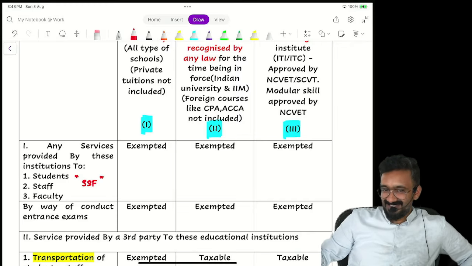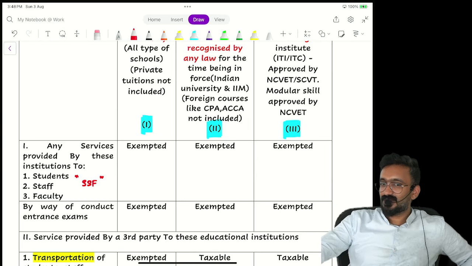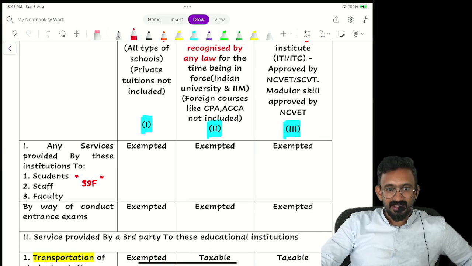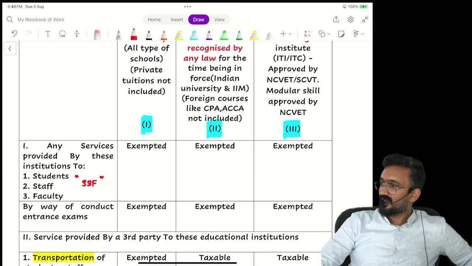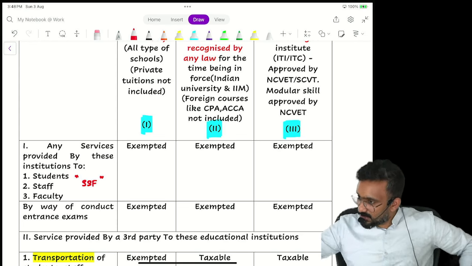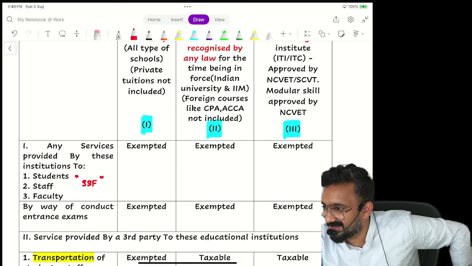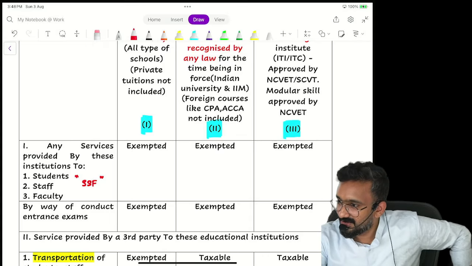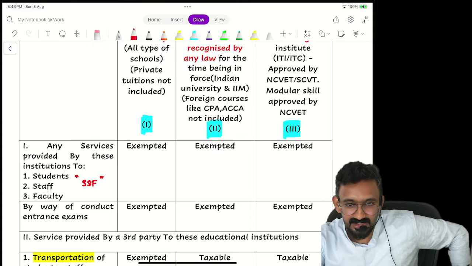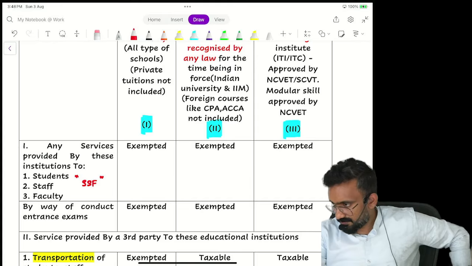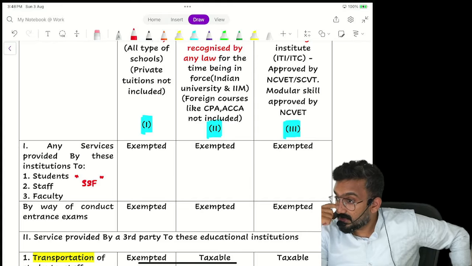Goods is not exempted. Laptop given by educational institution to students will not be exempted. Mobile phone sold by educational institution. These are all goods. That's not there for your CA Inter, CA Final, CMA Inter, CMA Final. Google it up. You'll have to look at HSN for goods and then see. That's not exempted. Next, is that the only activity that is exempted?